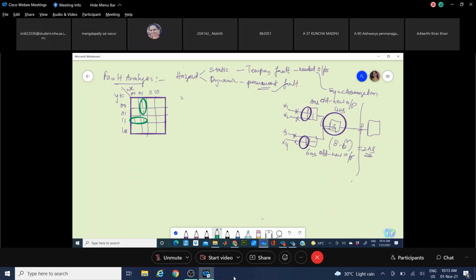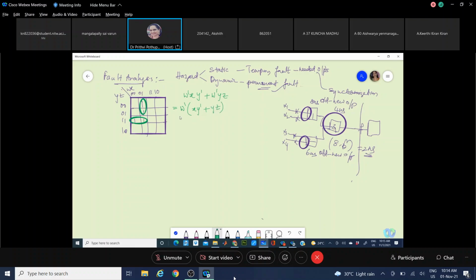So what will be the equation here? This will be W dash X Y dash, or this one, W dash Y Z. Now see here, I take this out for analysis. W dash is common, and this is X Y dash or Y Z.